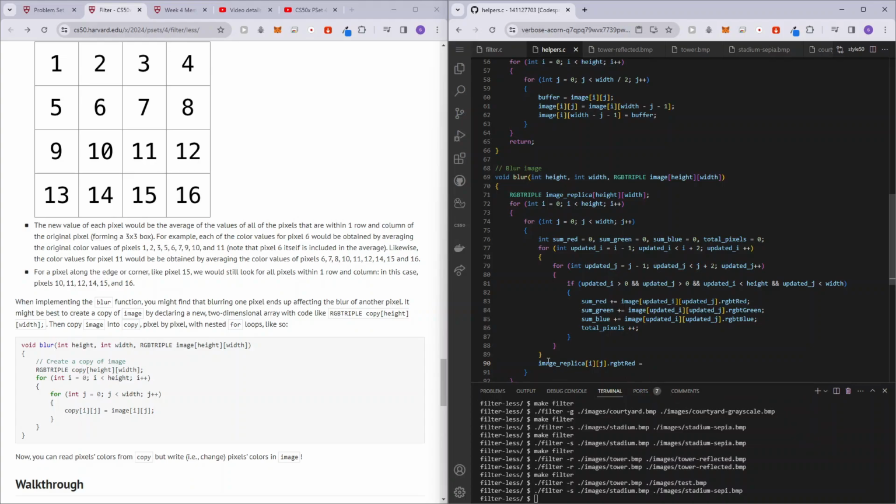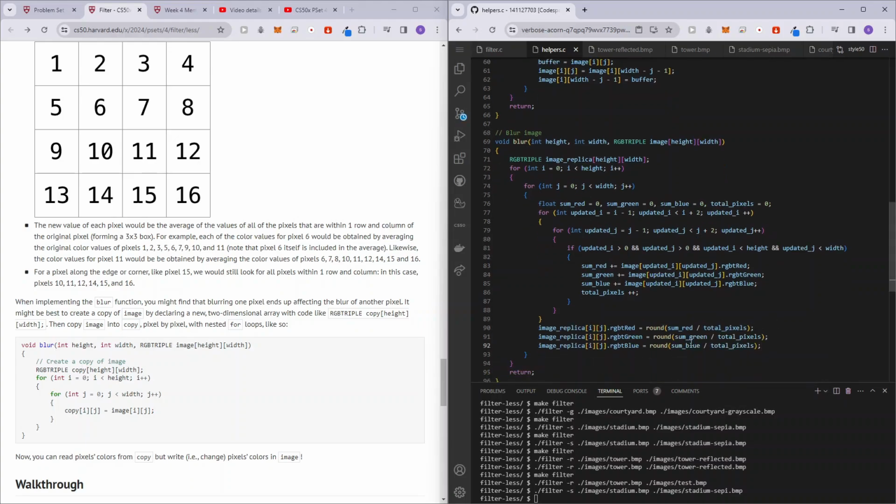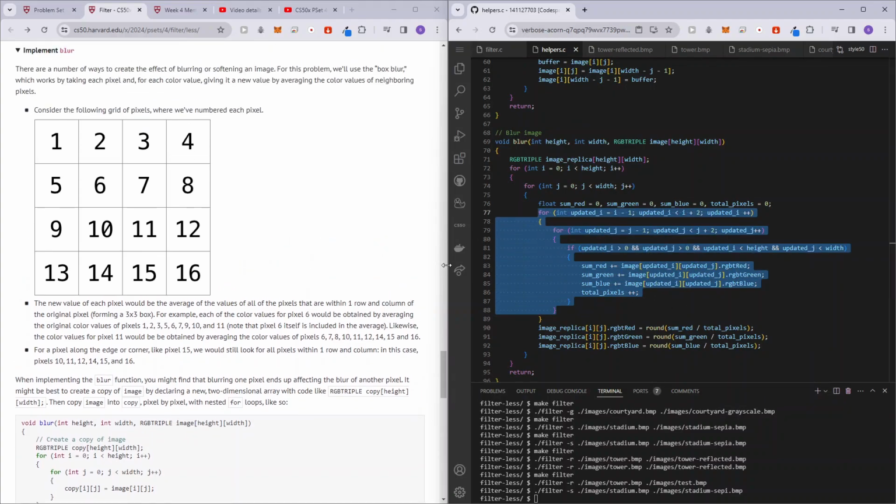Red is going to be equal to sum of red divided by the total pixels. And since we want it to be the most accurate, we can change this int to float, and then we can round this number either up or down. Okay, so this is going to be the same for the other colors as well. So now at the very end of our calculation, either for the average of 9 pixels around it, or 4 or maybe 6 pixels around it,